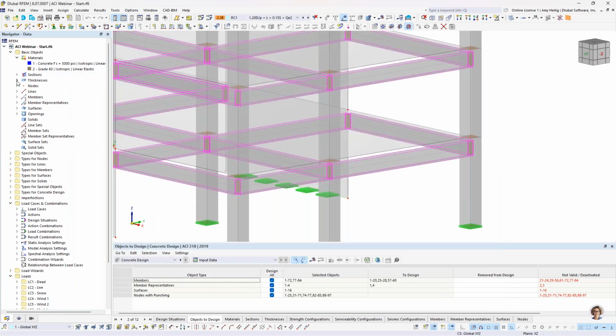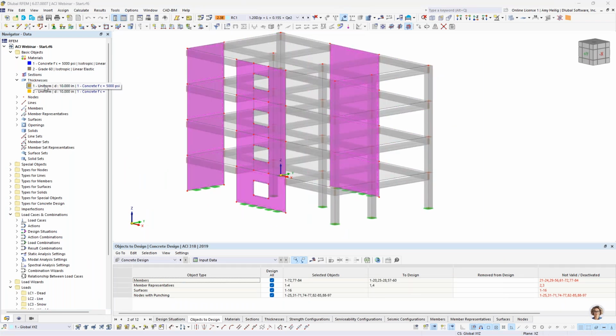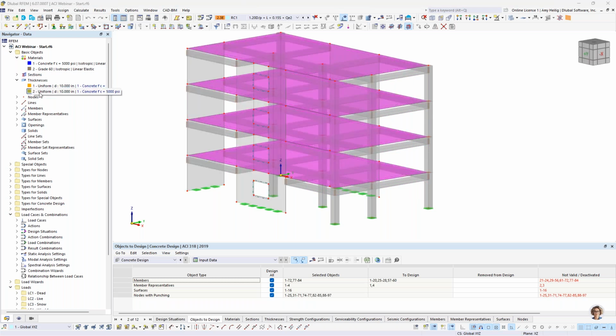But this is unique to rib elements rather than a standard beam element. We also have the thicknesses defined here. So the thicknesses are assigned to the surfaces. For our shear walls, we have 10-inch thick concrete defined, and then for our slab elements, these are also 10-inch